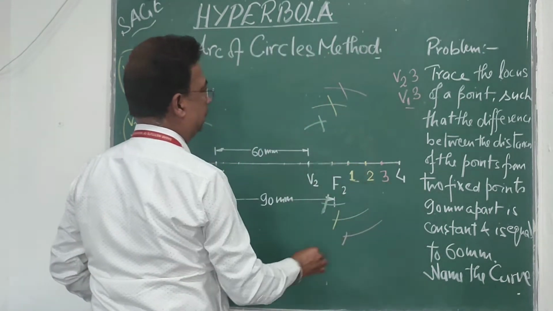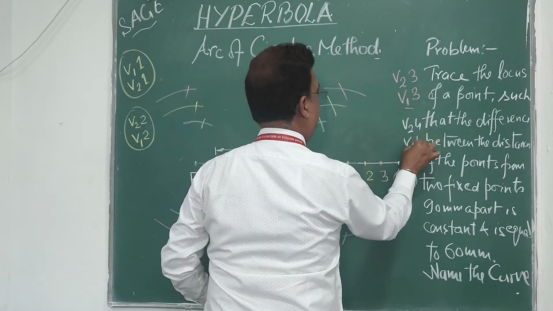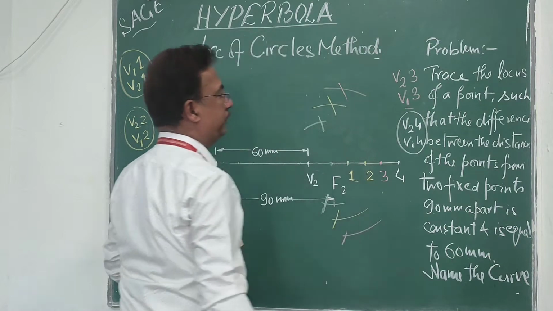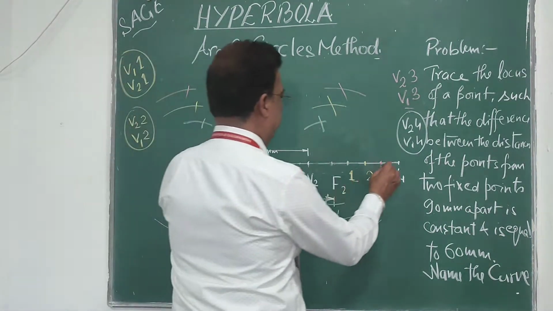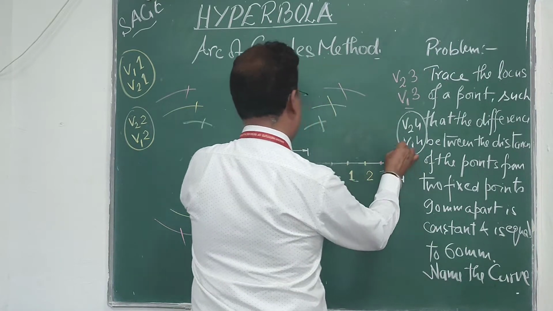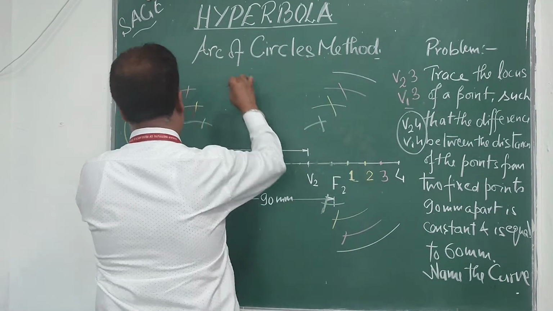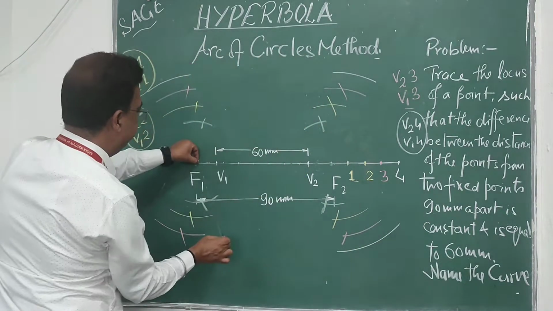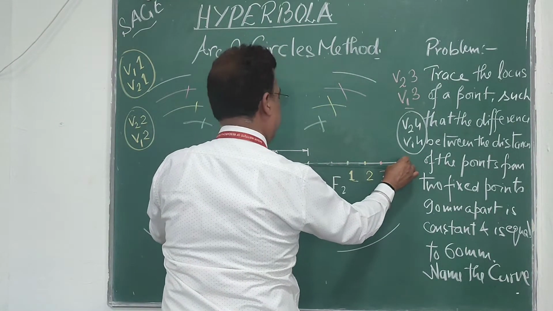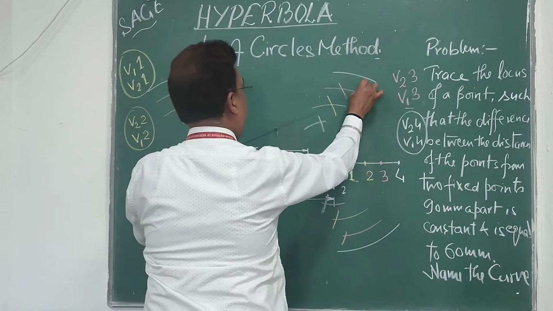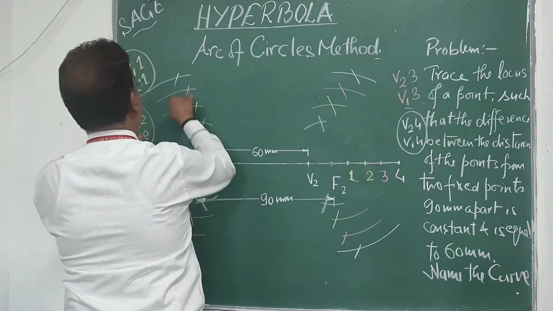Maybe point 4. Now this time I am going to use the two distances, that is V2 4 and V1 4. Again the combination will be V1 V2. So initially I will pick this V2 4. F2 will be the center, one arc upside, one arc downside. F1 will be the center, one arc upside, one arc downside. Now the reverse, V1 4. Pick this distance V1 4 from F1, cut this one, and from F2 cut this opposite one.